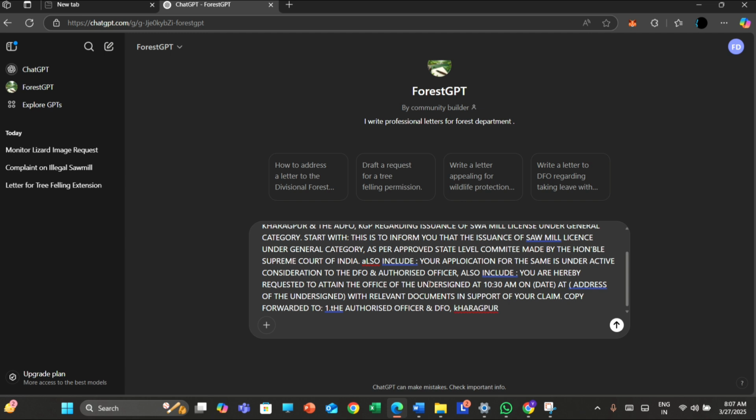Number 2, the ADFO of your concerned division, no, not ADFO, I think so, it will be the range officer of the concerned division, which I am using Kharagpur over here because I belong from this division right now.